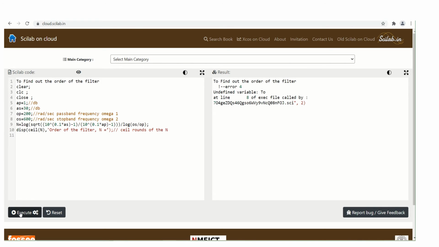See, there is an error at finding the order of the filter. Okay, no error. Why the error? Because this should be comments. Okay, so now this error will, again there is an error.